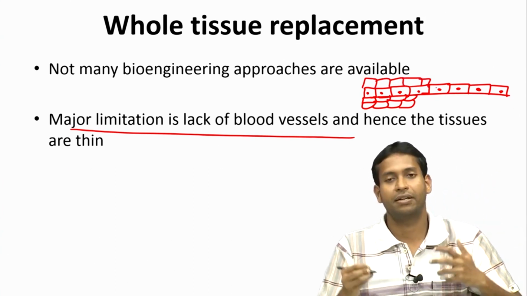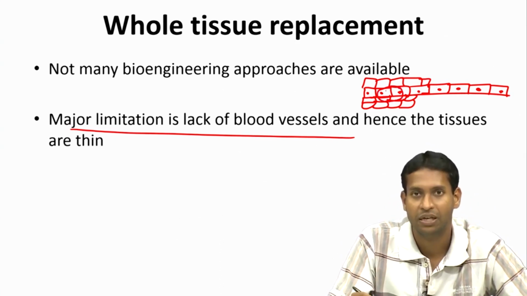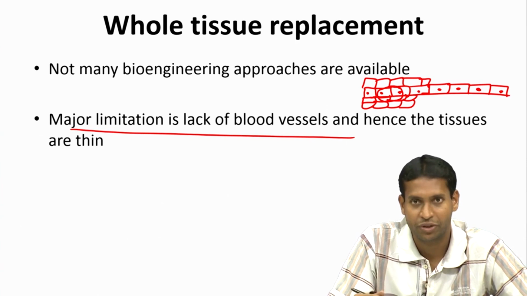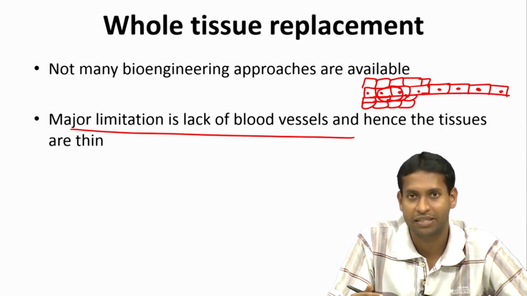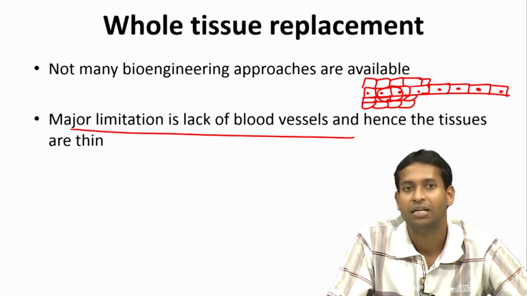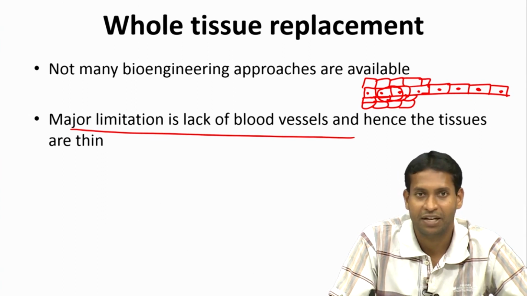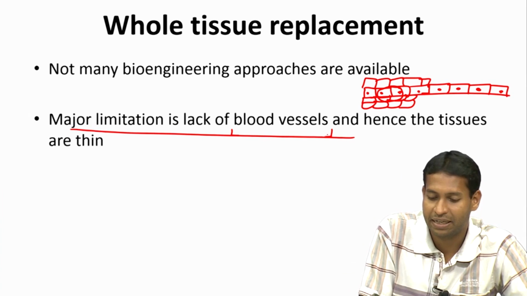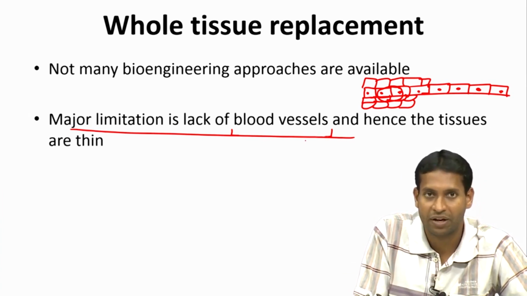but as I start to stack more and more cells together, the oxygen diffusion to the inner core of this tissue becomes an issue. That is why in our body you will find lots and lots of blood vessels, and their major job is to make sure that the blood, the glucose, and the oxygen go to every part of the tissue. When I grow them in vitro in a culture dish, it is very hard to get to that level of intricacy and distribution as we see in our own organs or in animal organs,